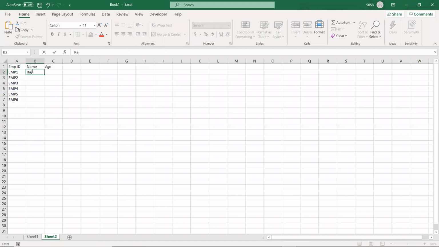Names can be Raj, Soya, Ramu, Sita, something like that. My point is, can I have an employee ID as EMP1 again? The answer is no, because we cannot have more than one person with the same employee ID. It should be unique.